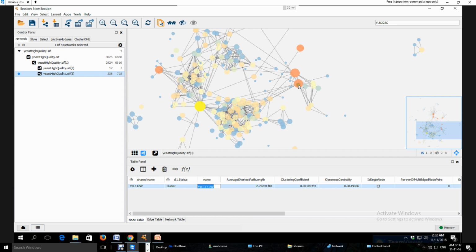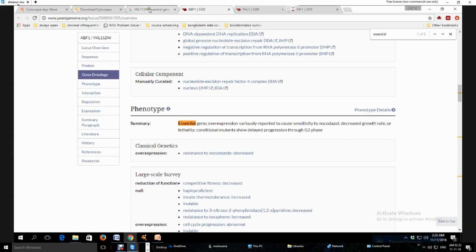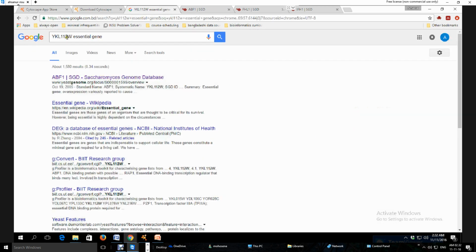Now let's select this one. This one is YKL112W, and then select this gene's name, and let's go back here. I have already searched with this name along with the words essential gene in Google,